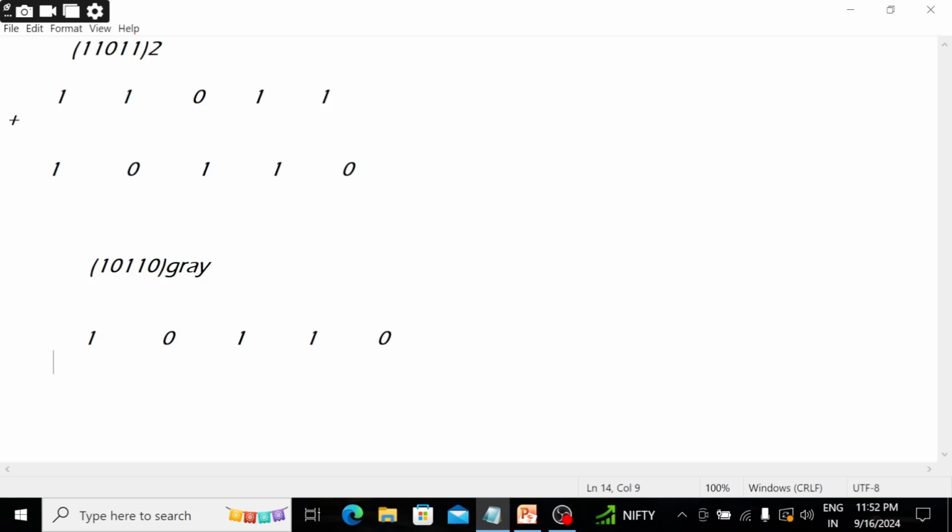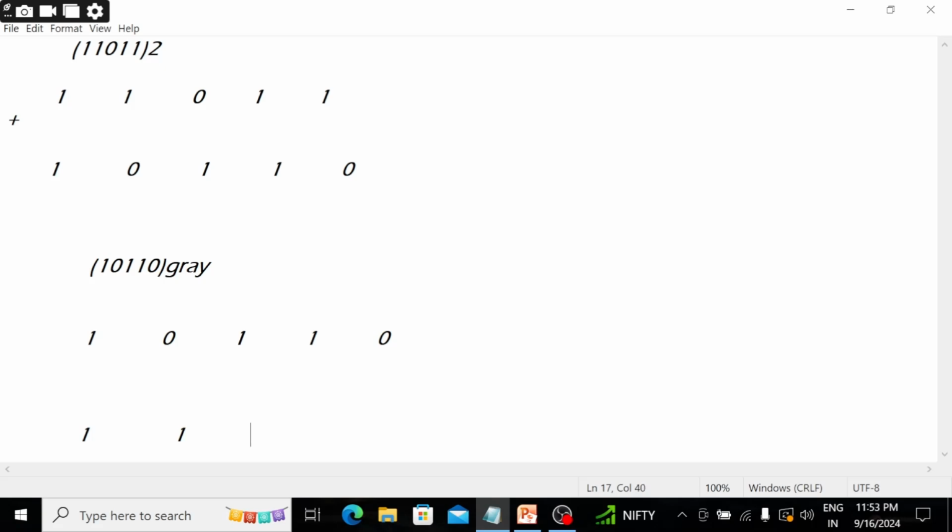We write the first number the same, that is 1. Then add 1 plus 0, that means the binary digit to the Gray digit. In simple language, the answer value to the upper value, that is 1 plus 0, which is 1.